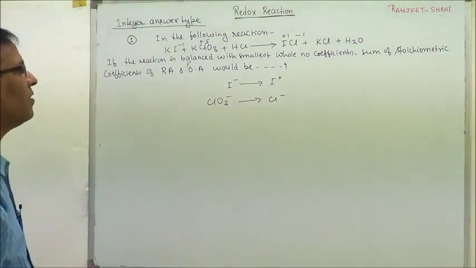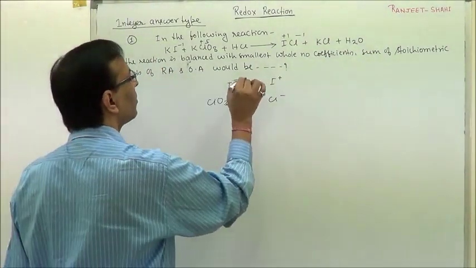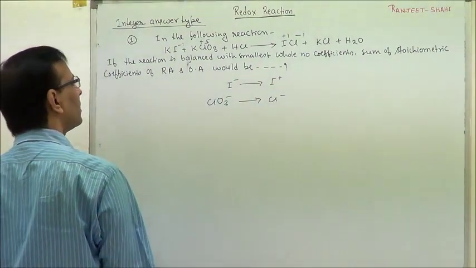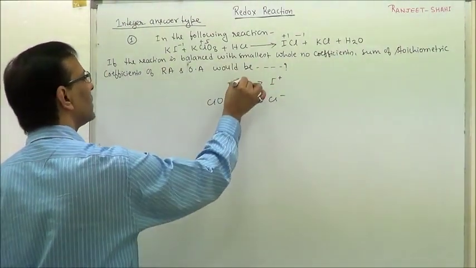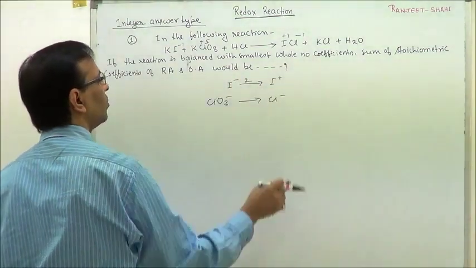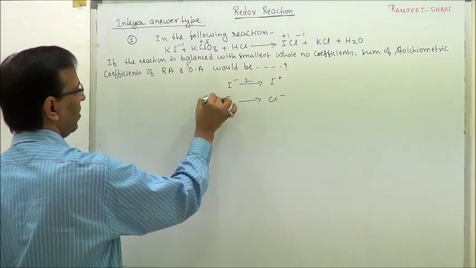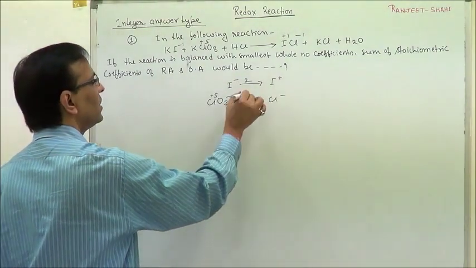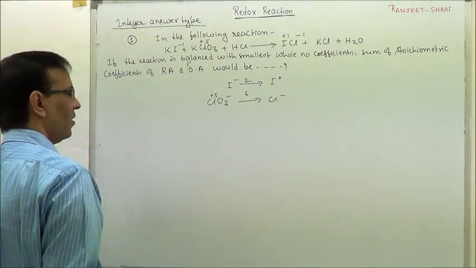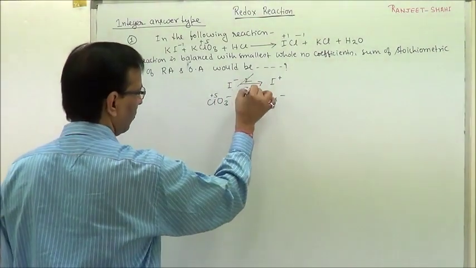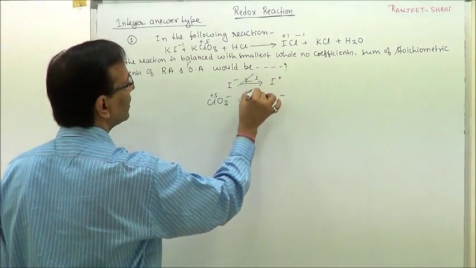The change for iodine is 2 units, -1 to +1. For chlorine it is +5 to -1, a change of 6 units. So if we rationalize them, 1, 3,